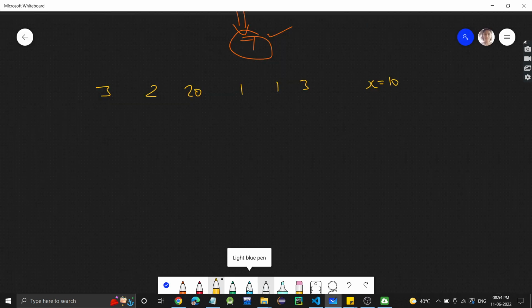Okay. So let's see what we can do. You can make the recursive tree, like you can subtract 3 from 10 first, or you can subtract the other 3 from it. But I will show you the solution. So basically what we will be doing in this case is, see,